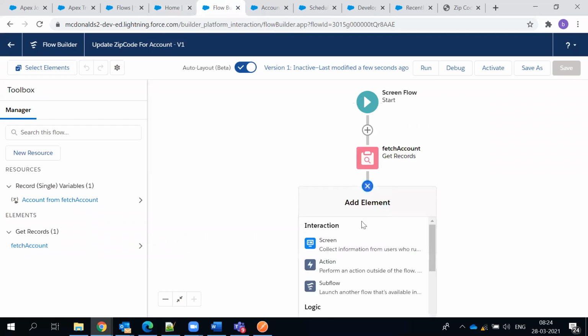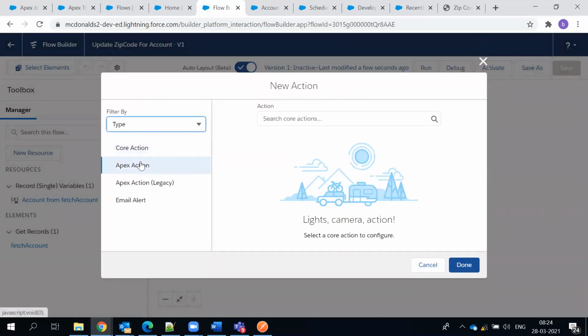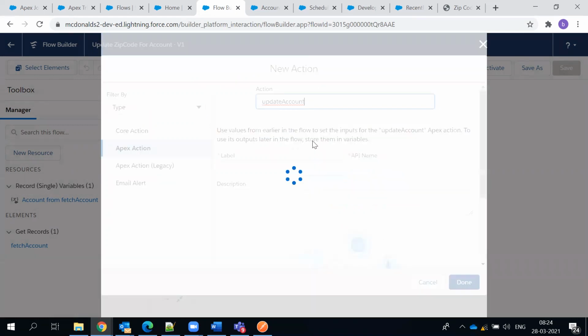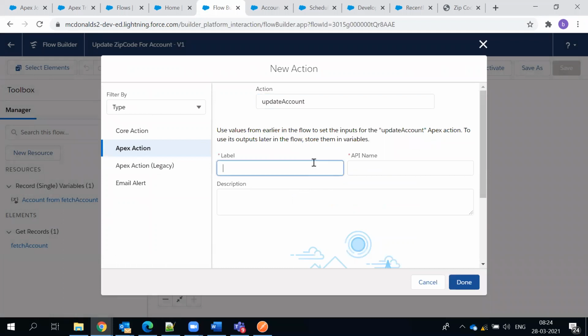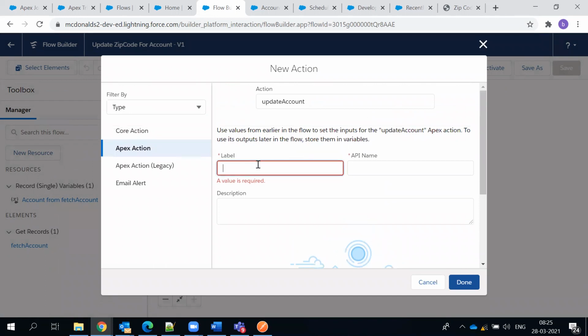So let me call this action, update account. Use values from earlier flow to set the inputs of the update account action. Use the trace inputs later in this variable. What is this variable? Okay, label is